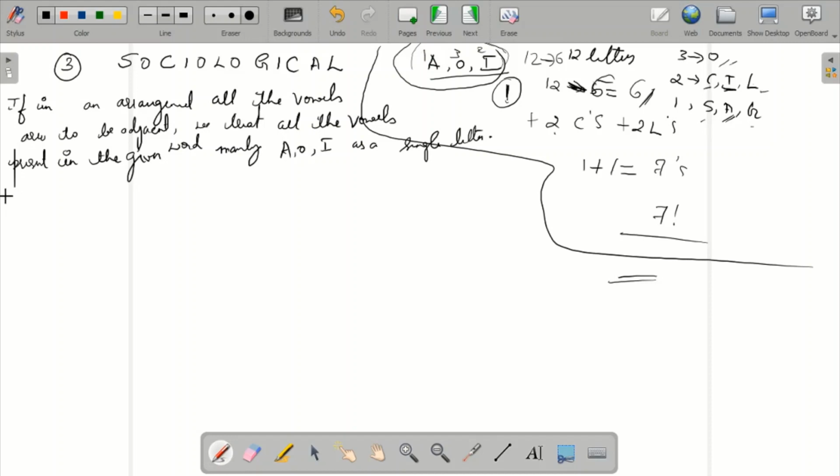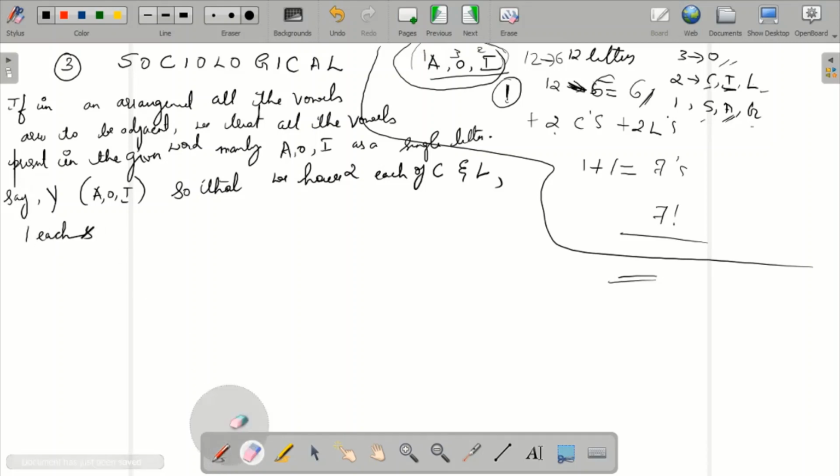Let it be Y. That is, Y is nothing but A, O, I. So we have 2 each of C and L, 1 each of S, G and Y, totaling to